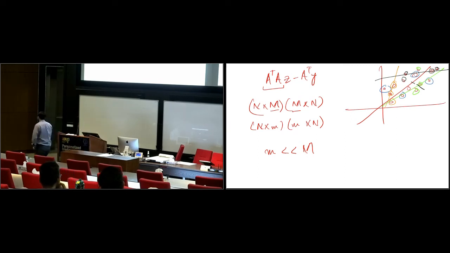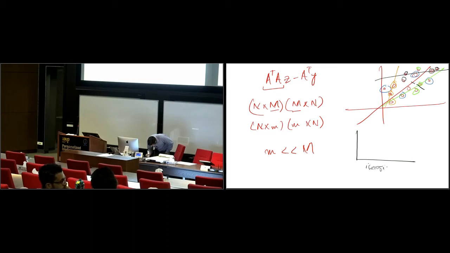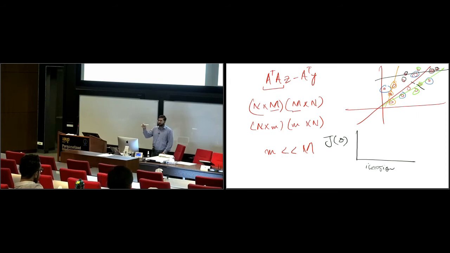So I'll explain it a bit. I'm going to make a simple plot. It shows iteration, and this shows the value of J. Let's say that in the first iteration I chose the blue subset as my batch, and I calculate the gradient with respect to it. So blue represents my line quite well. So basically I can expect that my cost function would probably go like this from iteration 0 to iteration 1.